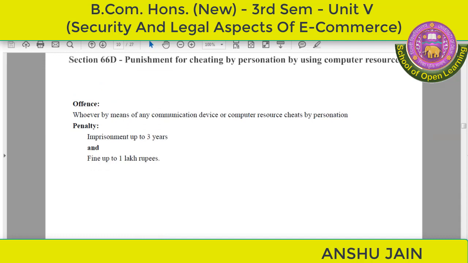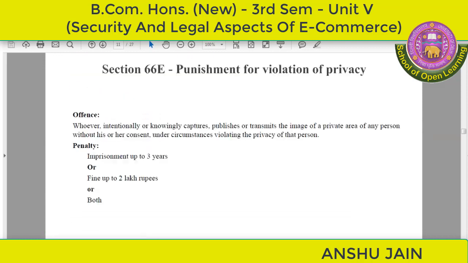Then 66D section is there, which talks about the punishment in case cheating by personation by using computer resources there. Now the offense in this section is that any person whoever by means of any communication device or resource cheats by any personation, then the imprisonment up to 3 years will be there along with the fine of up to 1 लाख रुपीज। तो अगर आप किसी से चीटिंग कर रहे हो कंप्यूटर रिसोर्सेज के यूज को यूज करके, देन यू विल बी लायबल फॉर द पनिशमेंट। सेक्शन 66 E डील्स विद द पनिशमेंट फॉर वायलेशन ऑफ प्राइवेसी।